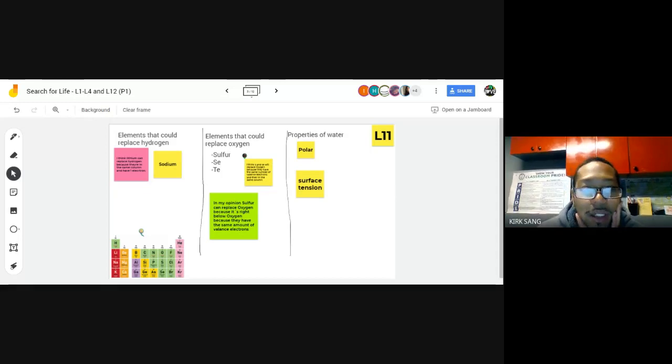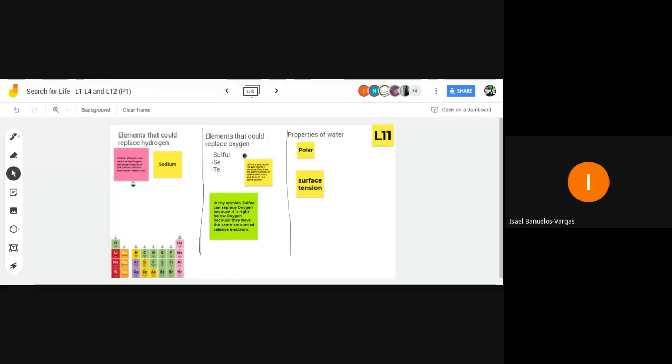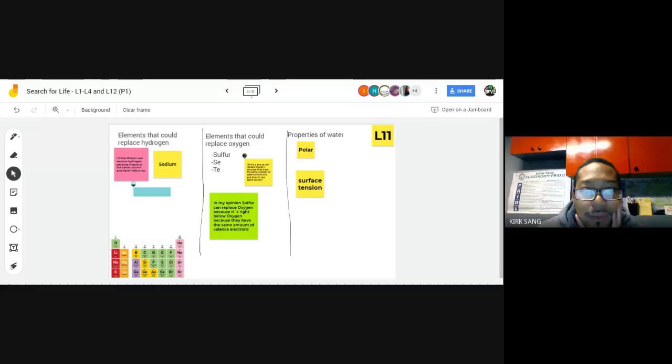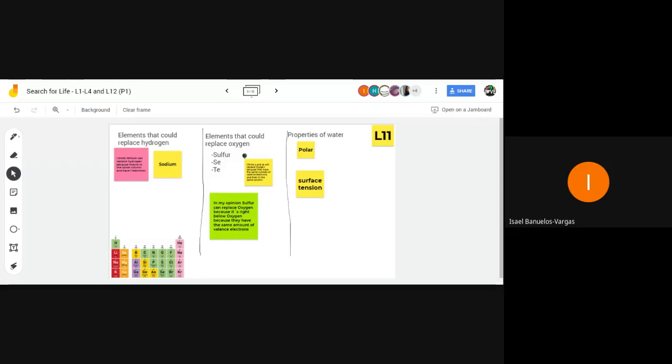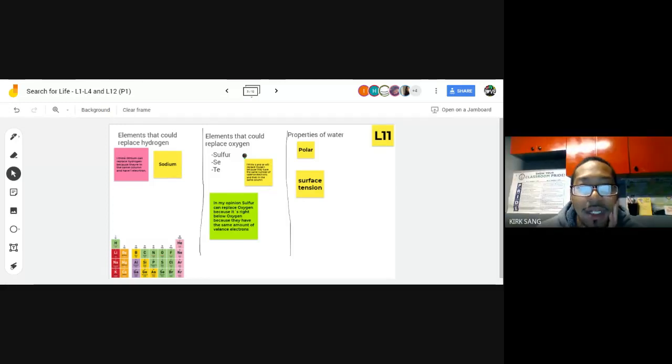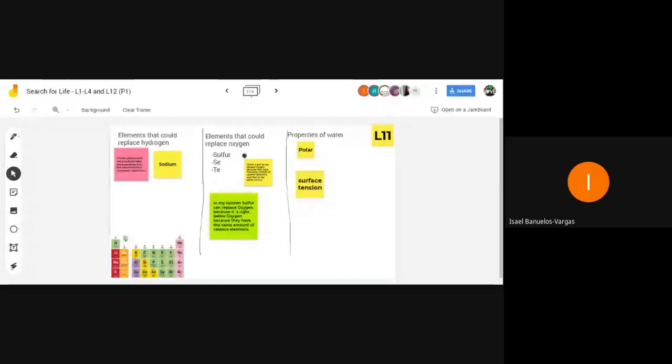So group oxygen. We said sulfur and Se. I didn't know what that meant. Okay, selenium. Why sulfur and Se? Why not tellurium? I don't know, to be honest. We barely talked about it, but they were both in the same column as oxygen. All right, in the same column. And then how many valence electrons? They have 6 valence electrons.